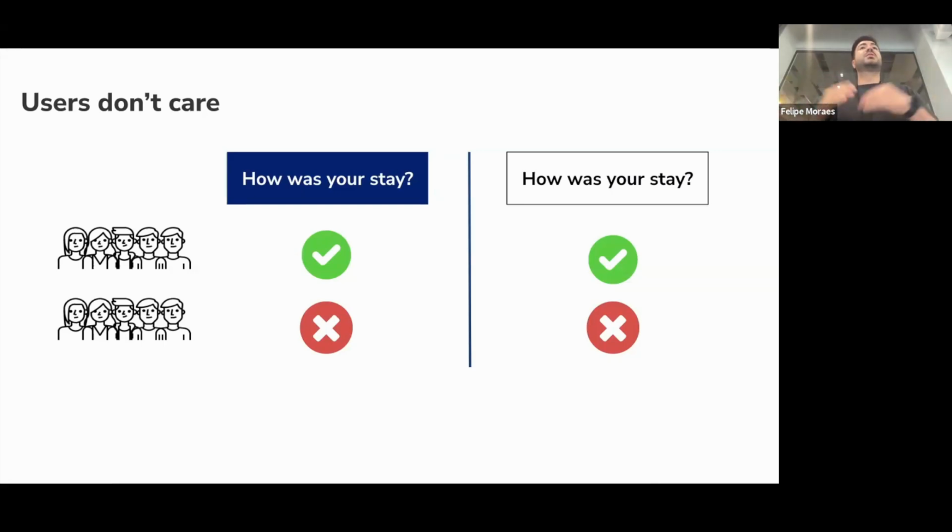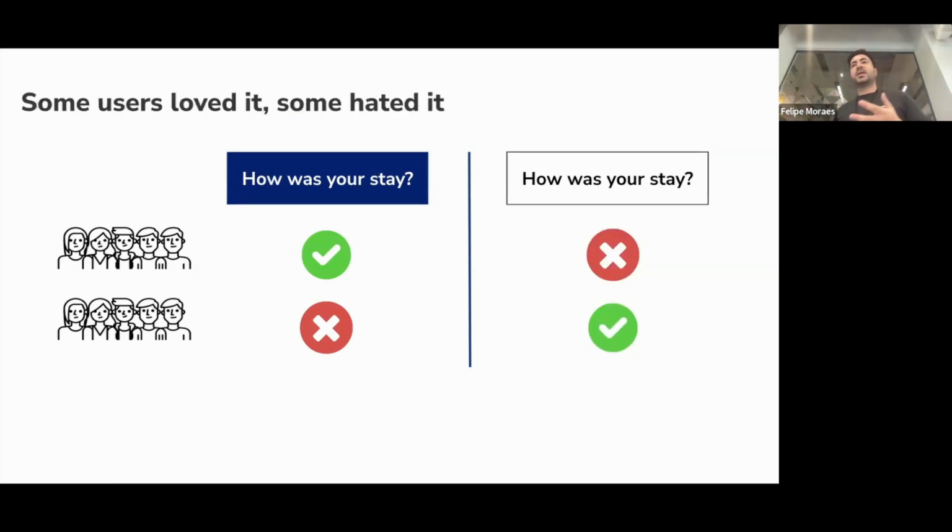So for them, it doesn't matter which version of the website or settings you are showing. But the other side is that some users might love it and some hate it. Once you look at it, the difference between the two groups is zero. So this is what we see in experimentation, and this can happen.